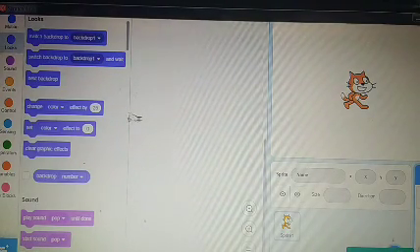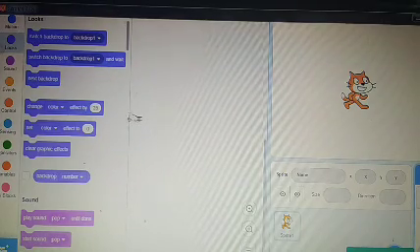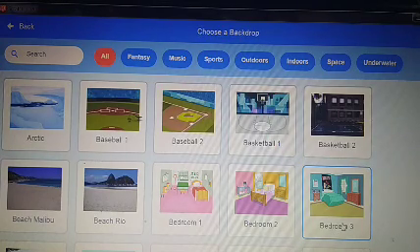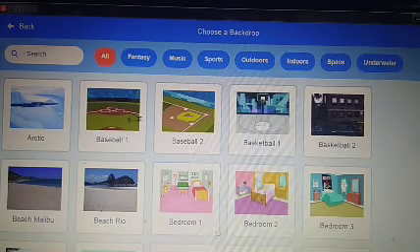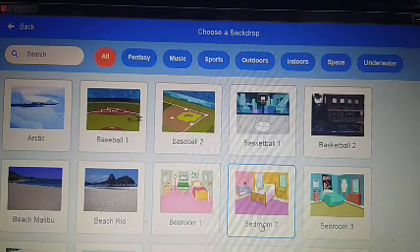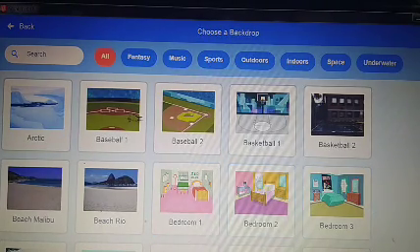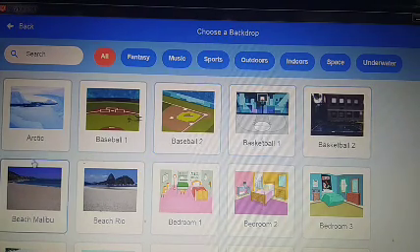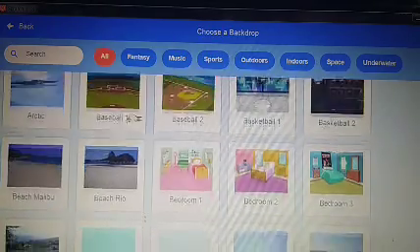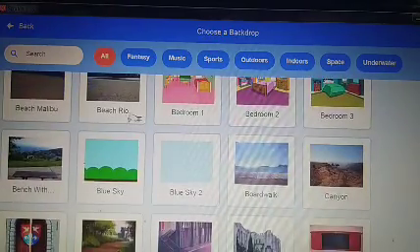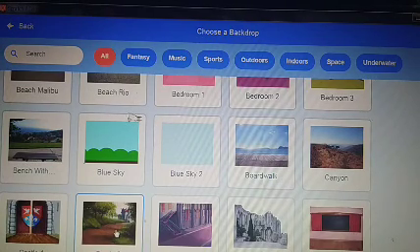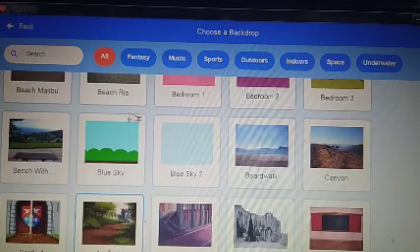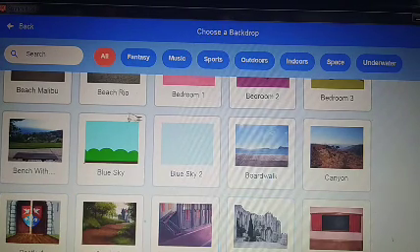For creating a story, now we need some background. So these are backgrounds. Suppose your cartoon characters are in a bedroom, so three types of bedroom are there: Bedroom 1, 2, 3. This is basketball court, baseball court, architect. So many backdrops are here, whichever backdrop you want. This is for castle backdrop: castle 1, castle 2, castle 3, castle 4. So many are there.